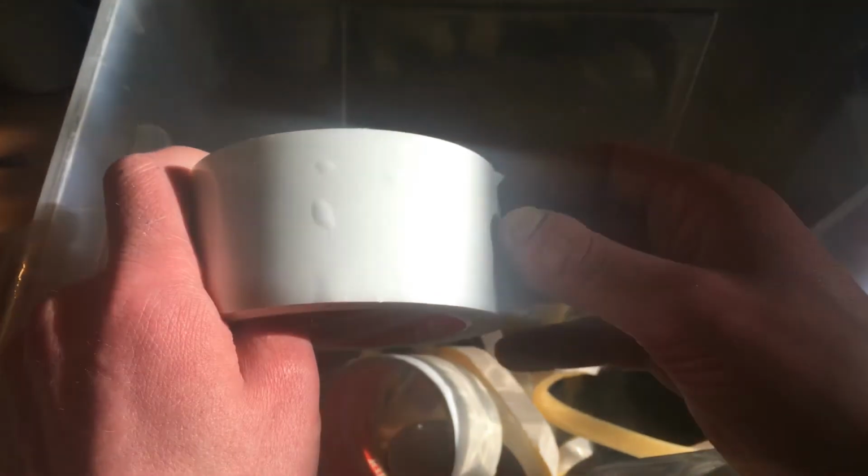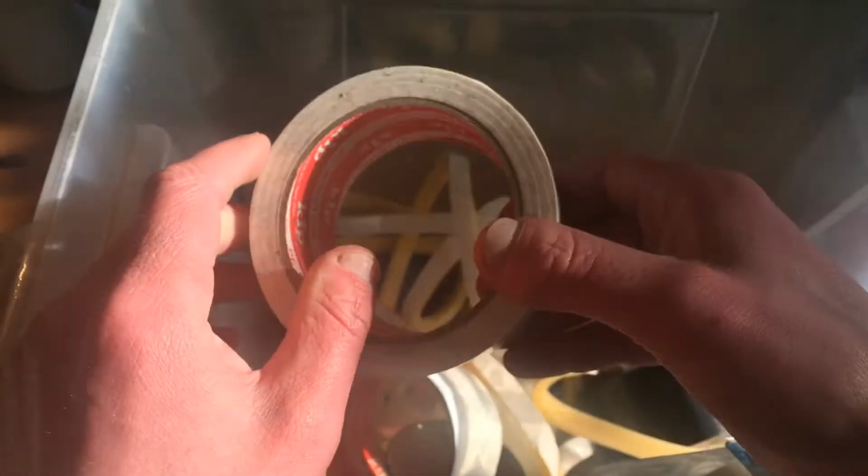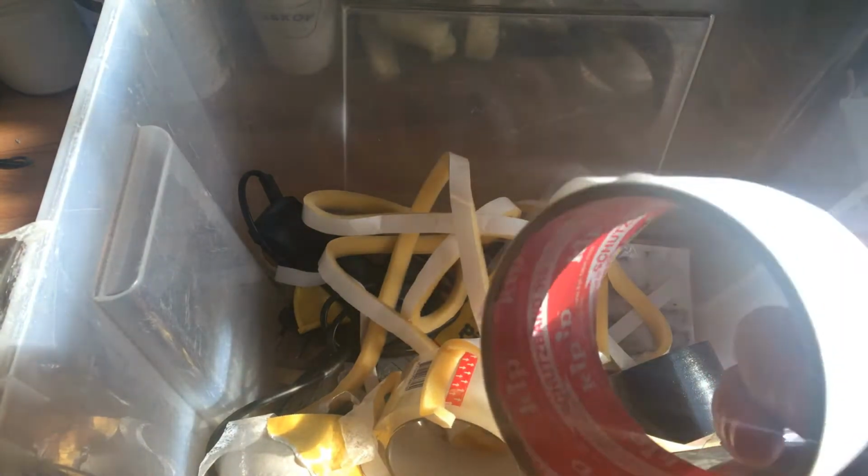Usually I'll tape off the sides and just add glue all over the place, and glue the thing I want, and then I'll remove this, and then you got like a nice glue line. So not used often, but it's nice to have. Well, one roll's almost gone, so